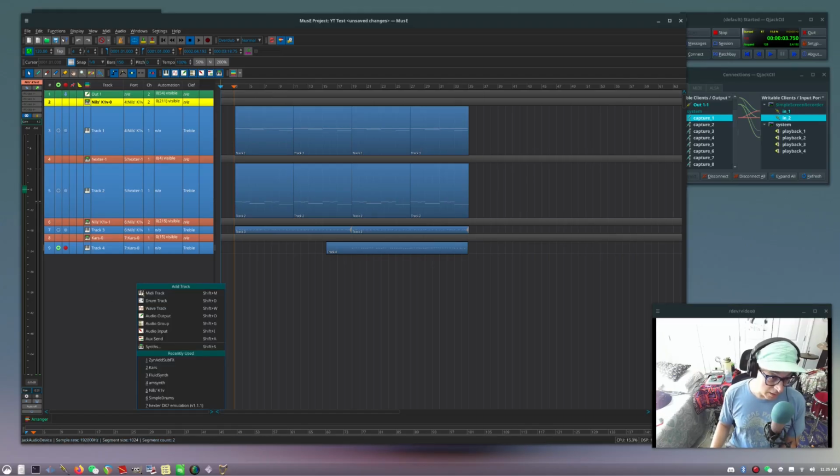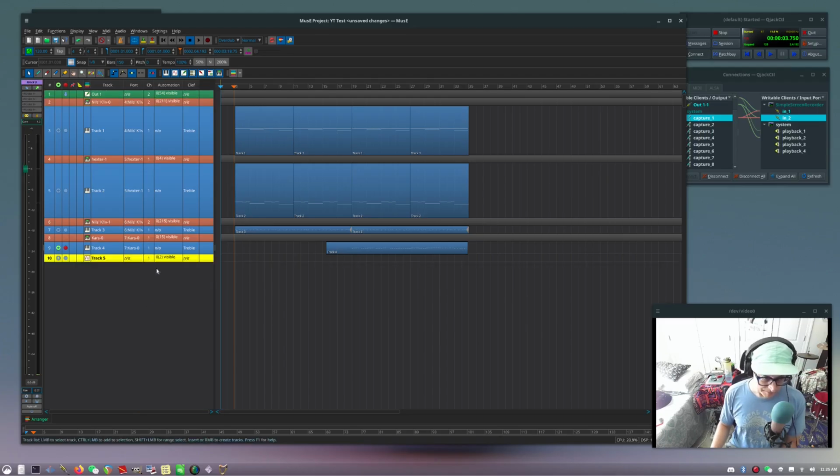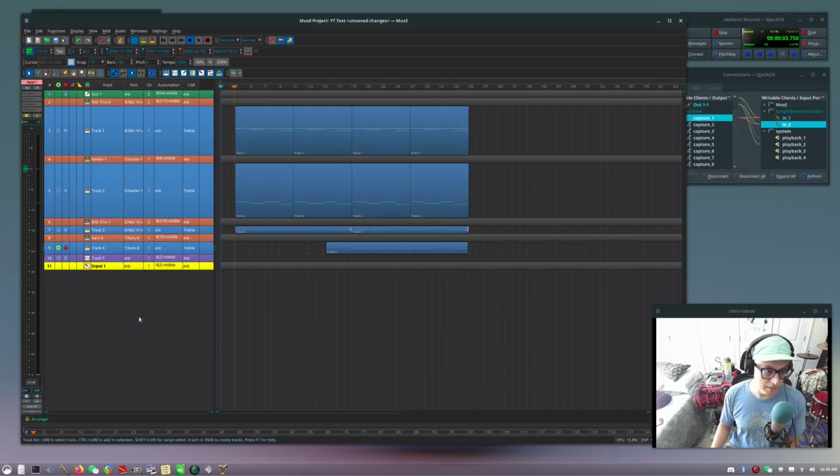So I think what I have to do here is first insert a wave track, and that's going to be where the audio records. And then I also insert an audio input. So in a way, this is very much like how FL Studio works, where you have to have an input, and then you assign that input to the wave track that it's going to record to. And there you can see that this audio input records,